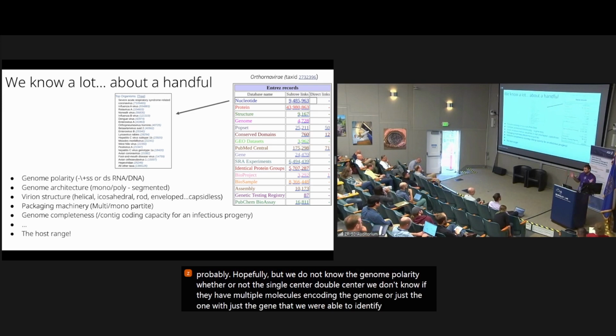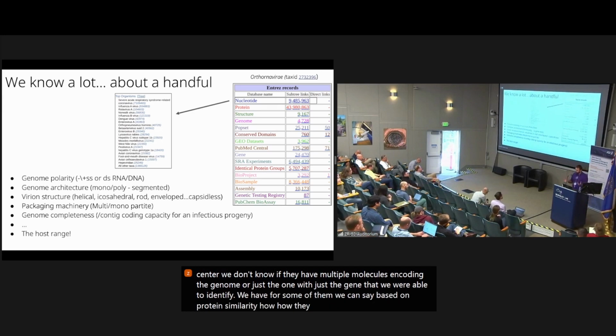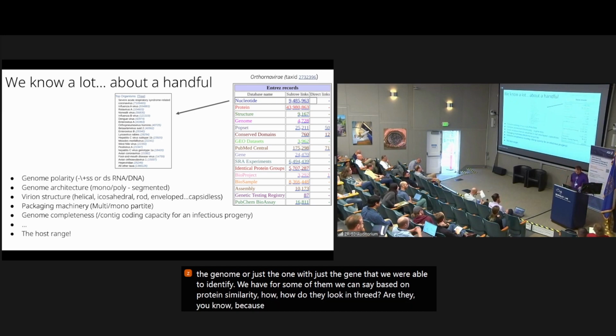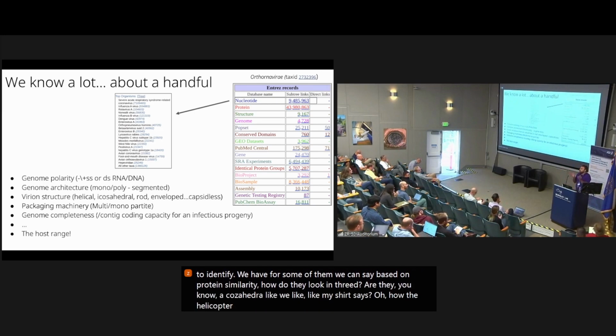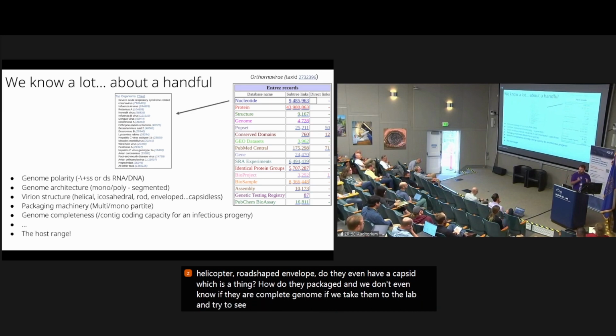For some of them, we can say, based on protein similarity, how they look in 3D. Are they icosahedral, like we like, or like my shirt says, or helical, rod-shaped, enveloped? Do they even have a capsid, which is a thing? How are they packaged? And we don't even know if they are complete genomes. If we take them to the lab and try to do synthetic biology with them, will they even be able to